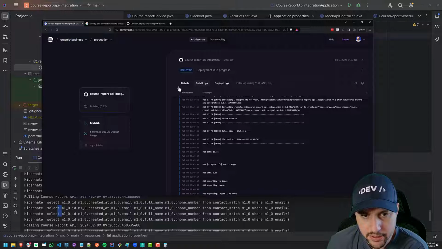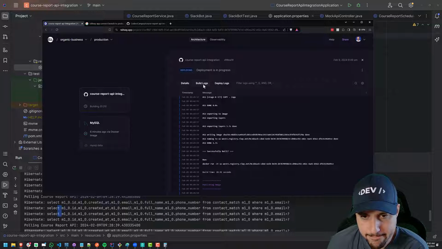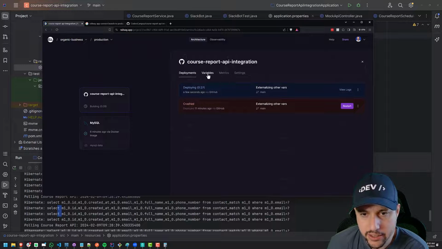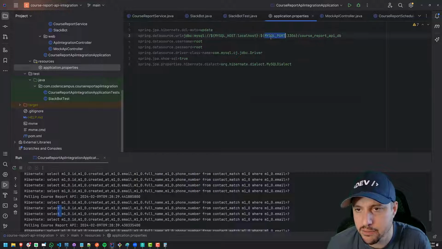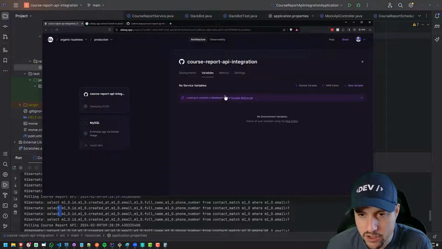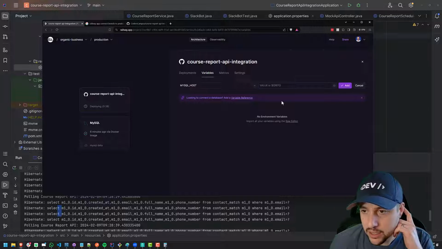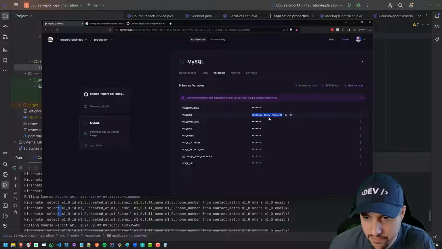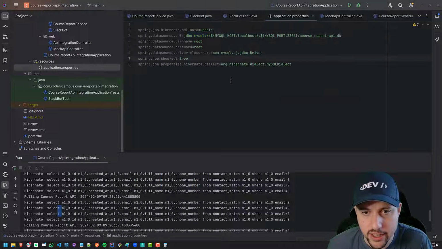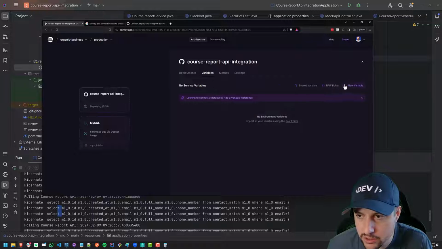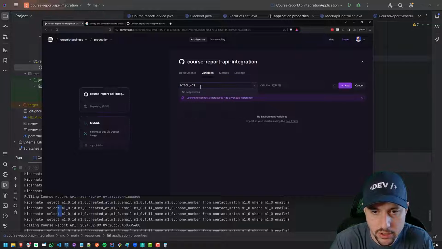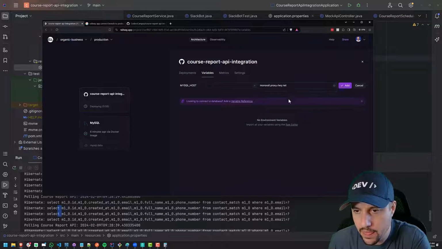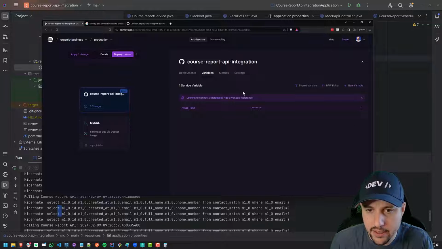So yeah, it's building because we need to give it the variables. We need to give it this MySQL port and MySQL host. So let's add a new variable. MySQL host will be the host here. So MySQL host is this, right? And that will be injected into there. So I think that's correct. So we can go over here to variables, new variable, MySQL host is that. Add, and then MySQL port